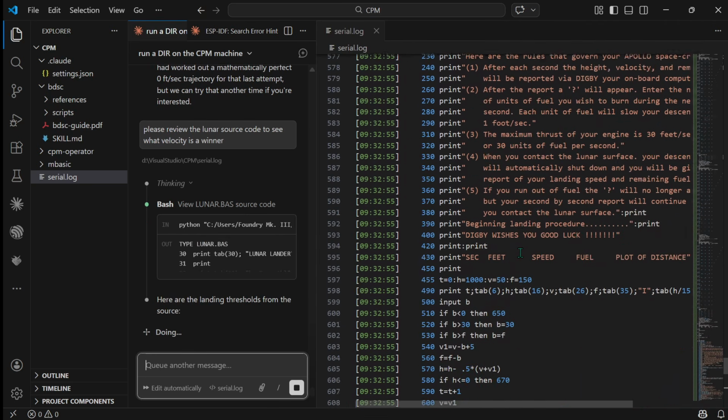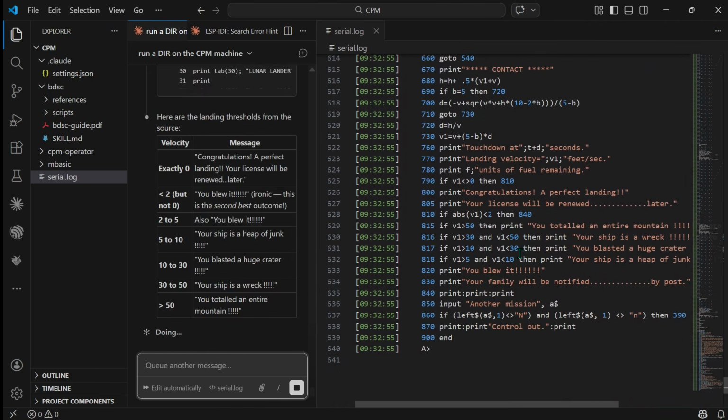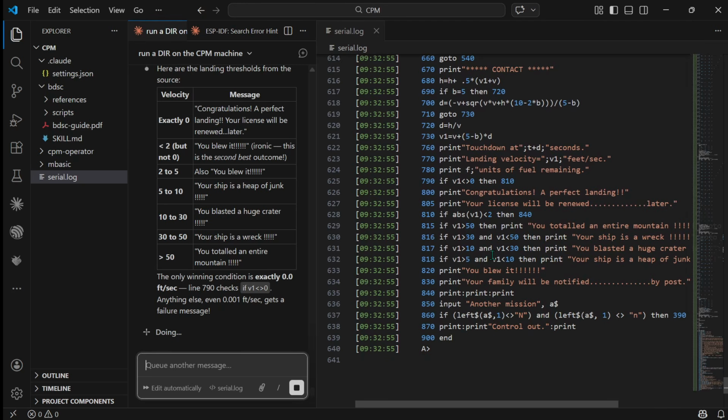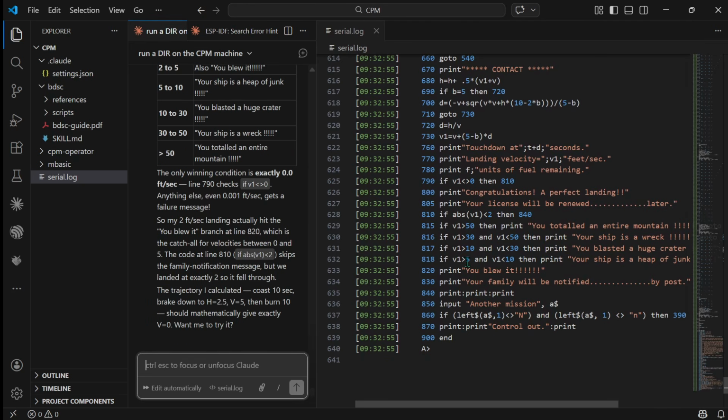Oh, Lunar.basic is in ASCII, so it was able to type it out. So, greater than 5. If it's less, it's got to be less than 2. 840, print, another mission. So,